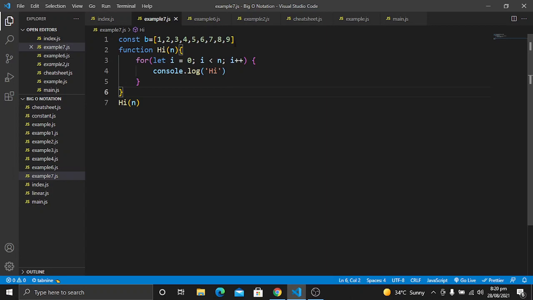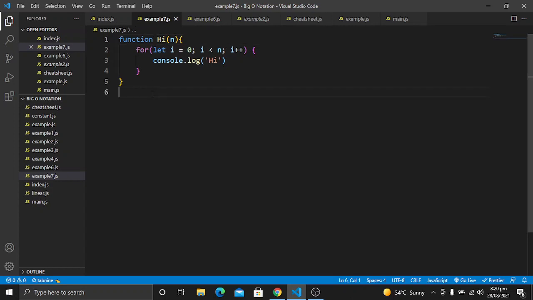So for the space complexity, let's assume we don't have this array, and start with a simple example. Let's say this is our function and we want to calculate the space complexity for it. The space complexity depends on the variables, data structures, function calls, and memory allocations. So here, how many variables are stored?